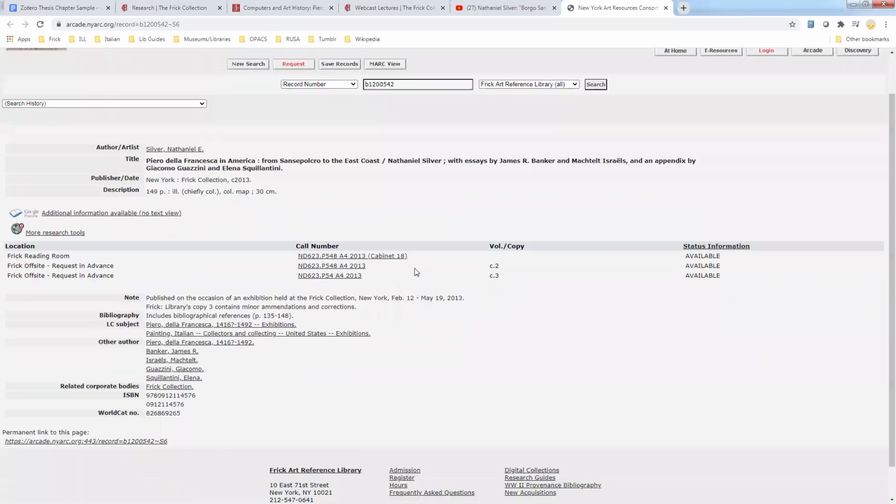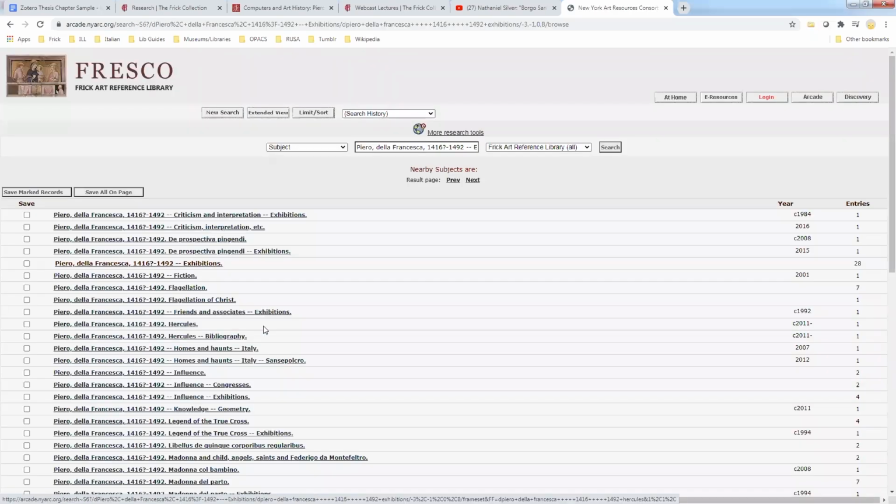One thing that I often find myself doing when I'm researching is exploring subject headings. So I do have this great book that I'm going to be using as the basis for this research. If I click on the Piero della Francesca subject heading, I should get more related information. And I kind of want to get all the catalog resumes because I may not necessarily want to just see the works that are related to that exhibition, but I may want to see all the works that the artist has done. And if you're not familiar with that term, catalog resumes, it's a term that we use to talk